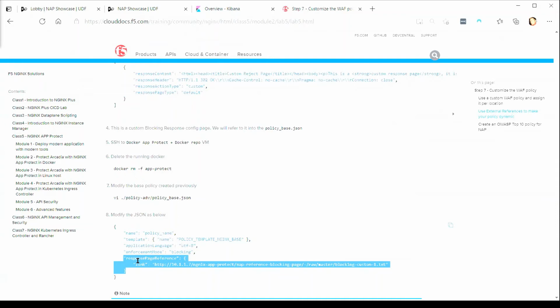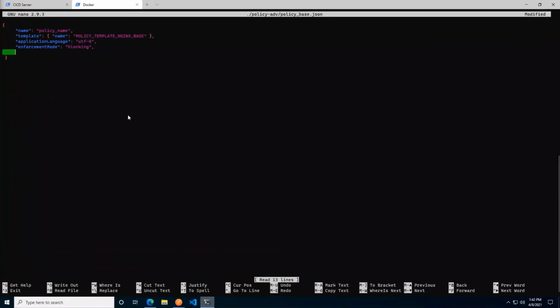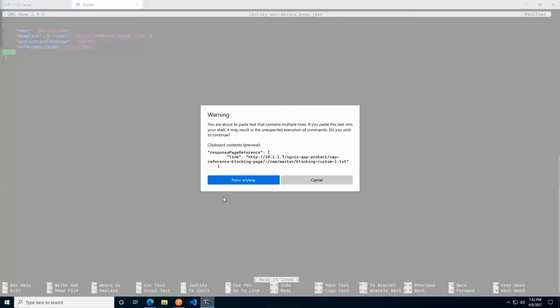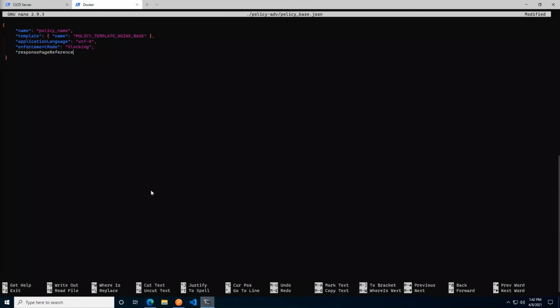I'm copying out the response page reference element here. Popping back into the RDP session, I'm going to paste that there. There we go. And I'm going to add myself one white space because I'm quite OCD about these things.